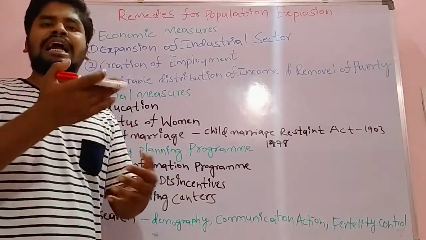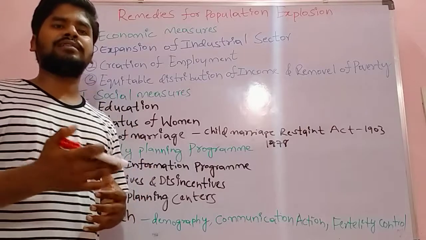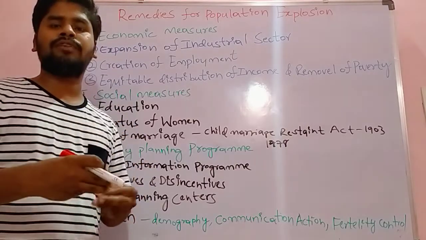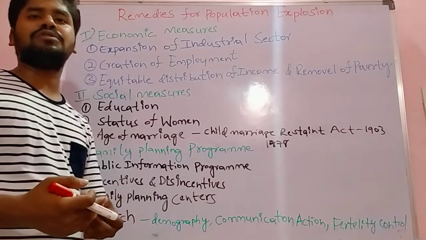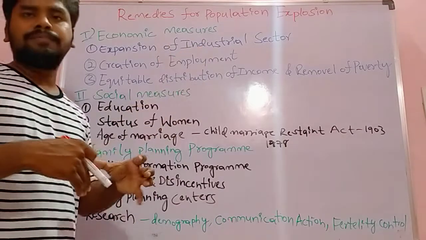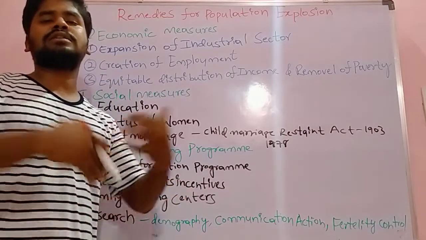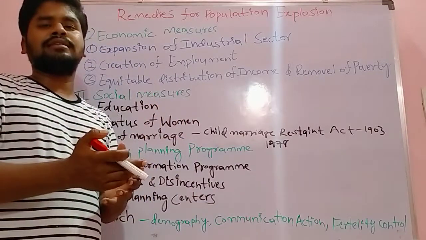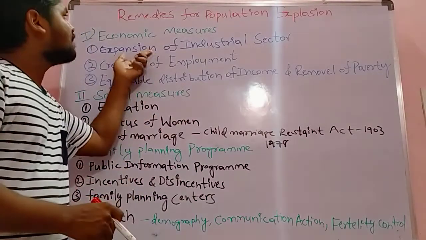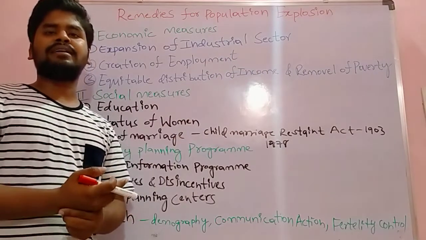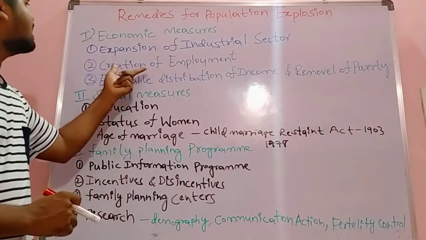So the people's standard of living and per capita income will rise to a higher level. People think their income has increased, and with a better standard of living they will spend more. So there is a possibility that they will decrease their family size. In urban areas the cost of living is generally high, so they try to give their children better schooling and health. That is why expansion of the industrial sector is a better measure for decreasing the population. And coming to the creation of employment